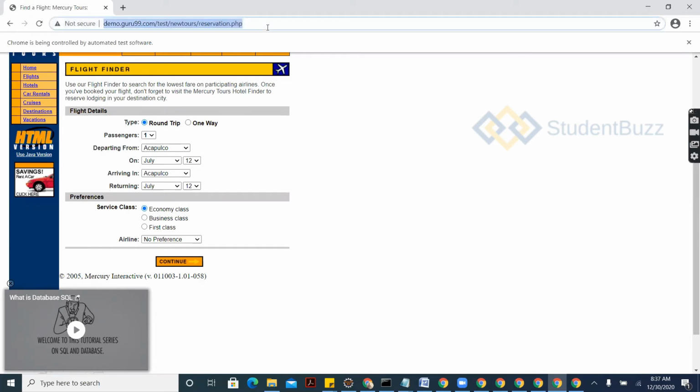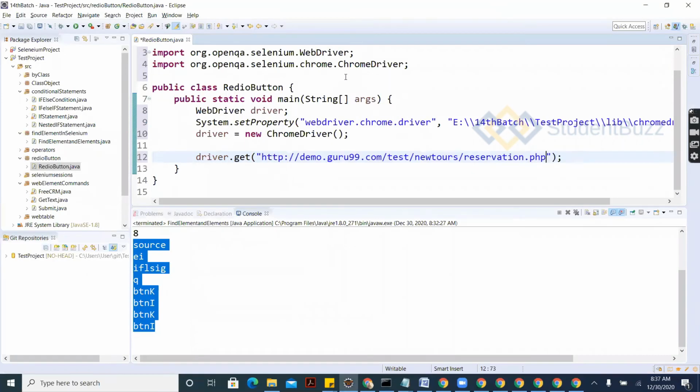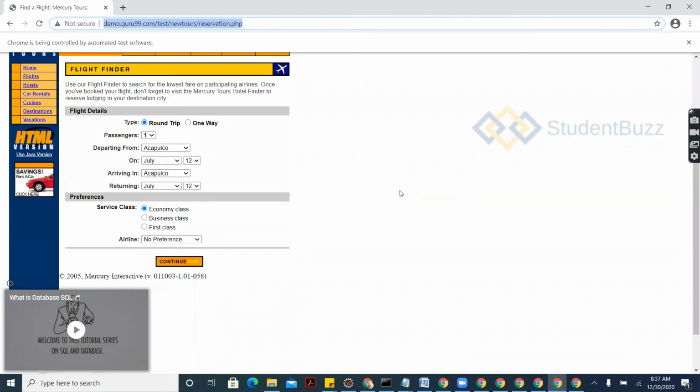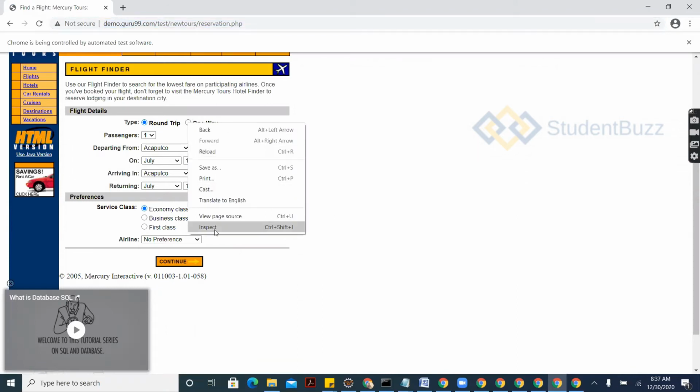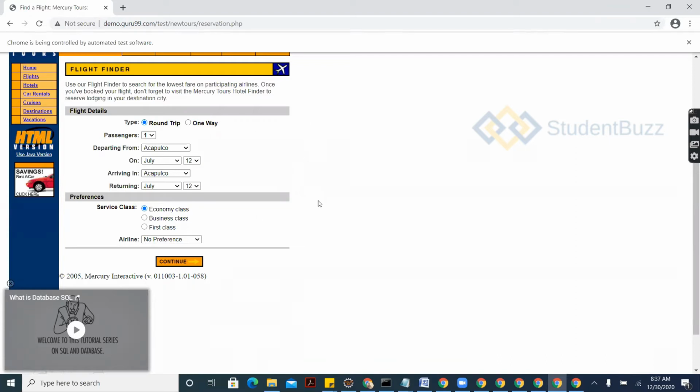Okay, I'll give this same link in our code. This is our page. In this page there is round trip or one way. I want to select one way. So one way is a radio button which I want to click.